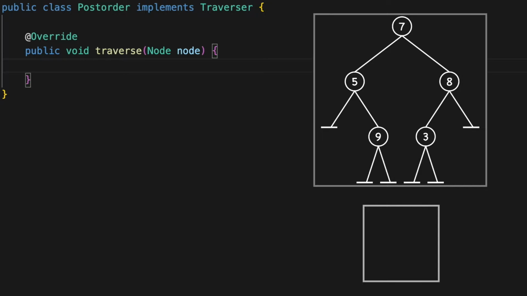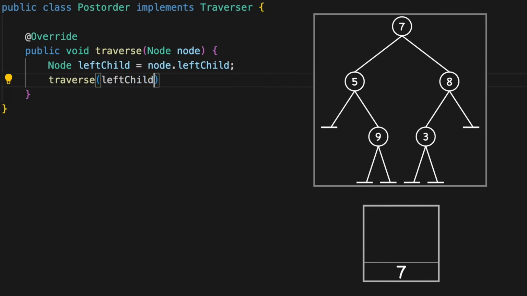Let's implement Postorder traversal. In Postorder traversal, we recursively traverse the left child, then the right child, before finally visiting the node. We'll assume this traverse method has been called on the root node. I've added a 7 to the call stack. So first, we'll get a reference to the left child, which is the 5 node, and recursively call traverse on